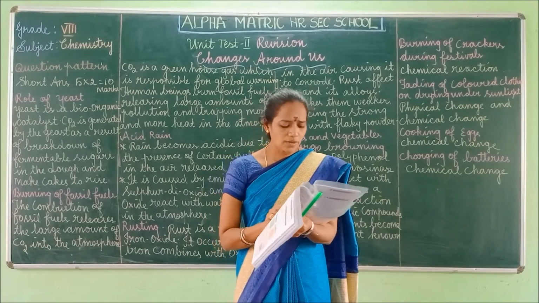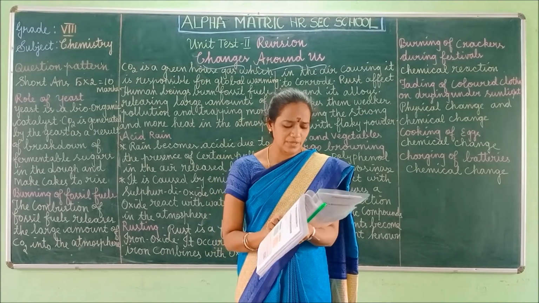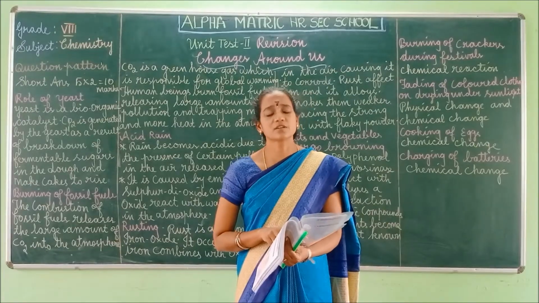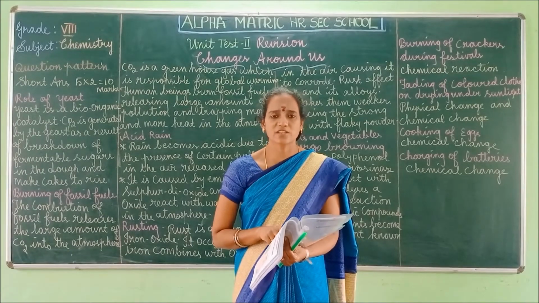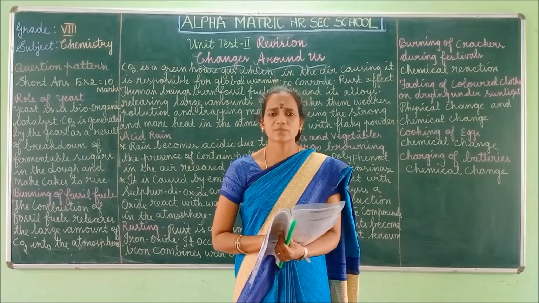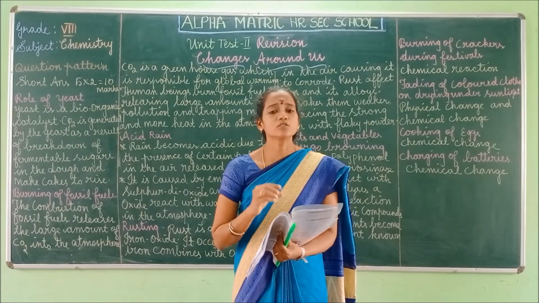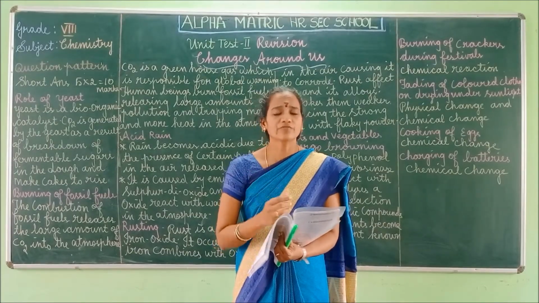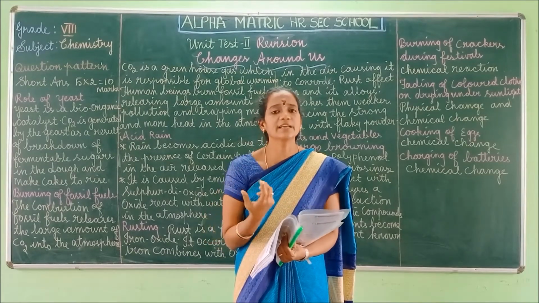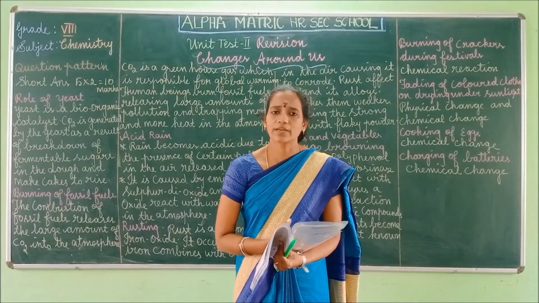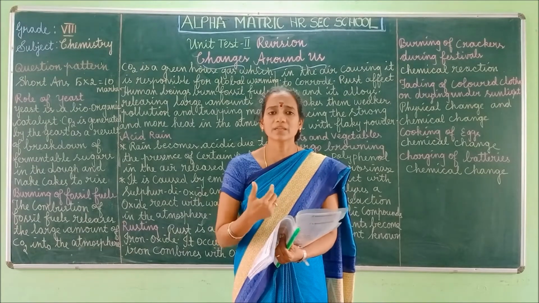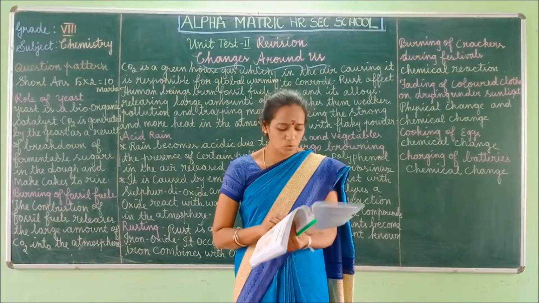Next question, what is the role of a catalyst in a chemical reaction? Already I told you, in industry some chemical substances are used to speed up chemical reactions. For example, for the manufacture of ammonia in Haber's process, metallic iron is used as a catalyst. Because of this metallic iron, the manufacture of ammonia takes place in a quick manner. Here this chemical substance alters, that is, speeds up the chemical reaction. That is the role here.